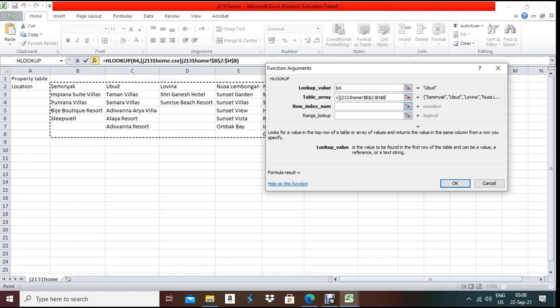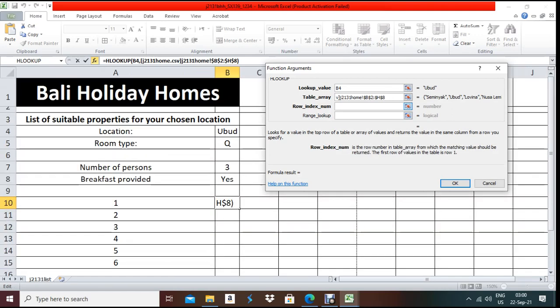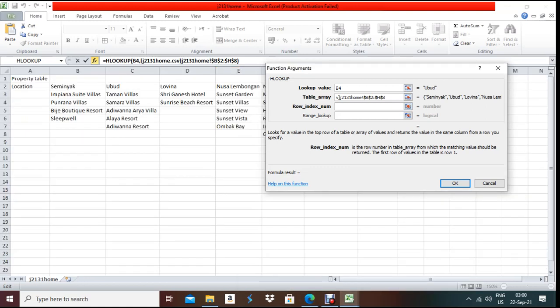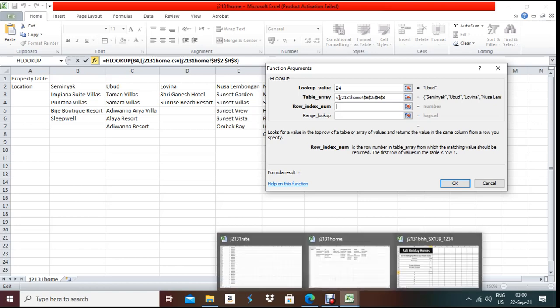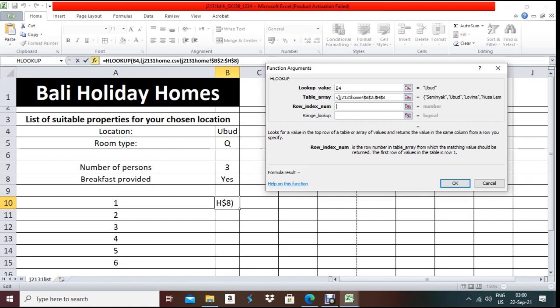Here for the row index number, we need to collect the data from the home table, so I cannot give exactly 2 or exactly 3, because we need to read all the data, and it will be represented in B10 to B15 in this worksheet.